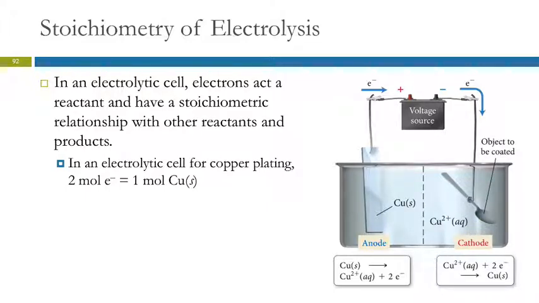So we've got oxidation and reduction. This reaction requires 2 moles of electrons for every mole of copper. And so you can do stoichiometry with electrolysis. Yes? So when the anode is transferring the electrons to the cathode, does that mean that it's also losing mass? Yes, the anode would be losing mass because as electrons are sent up here, then copper atoms become copper ions